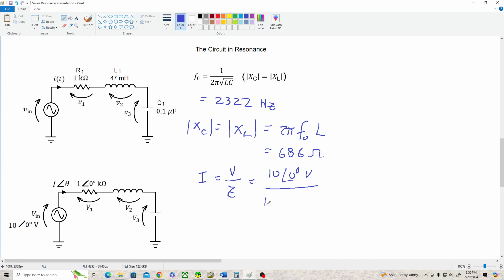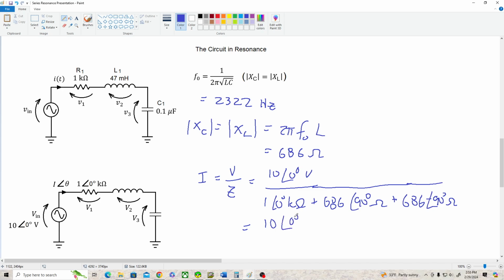Here we've got 1 at 0 degrees kilohms plus 686 at 90 degrees ohms plus 686 at negative 90 degrees ohms. And these two just cancel, so our current is 10 volts at 0 degrees divided by 1 at 0 degrees kilohms, which equals 10 at 0 degrees milliamps. So there's our current. It's 10